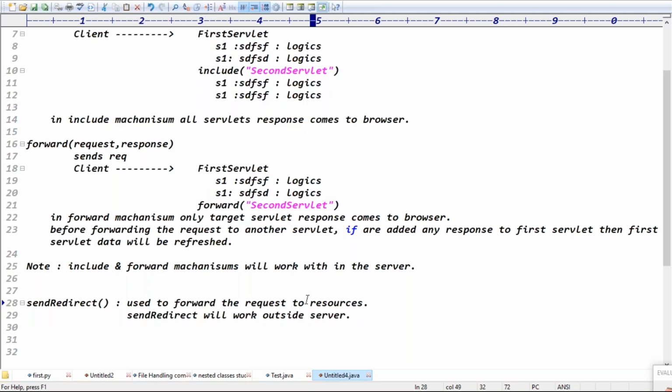Actually, using send redirect, you can forward a request to internal resources also. Within the server it will work, but it is recommended to use it for outside of the server.